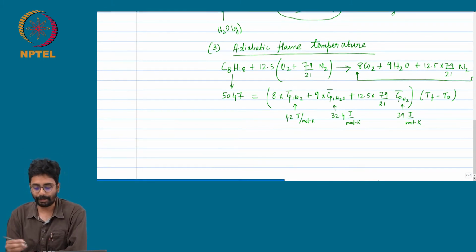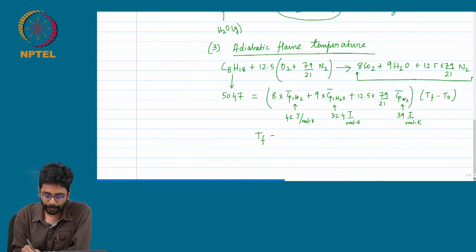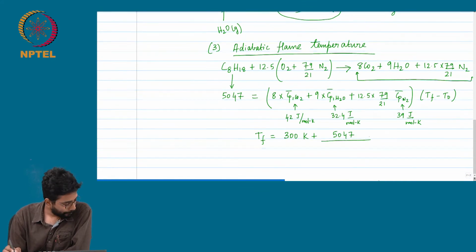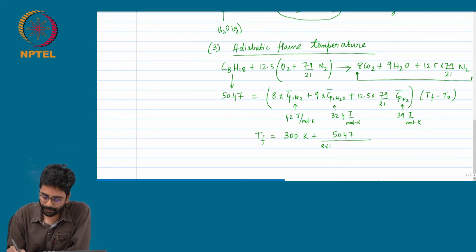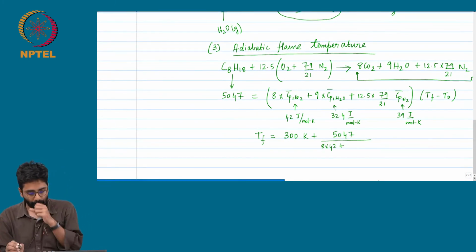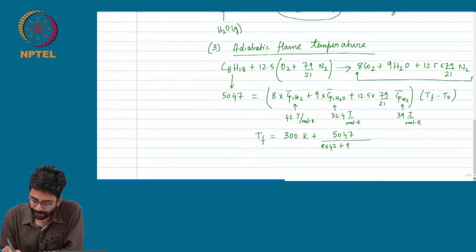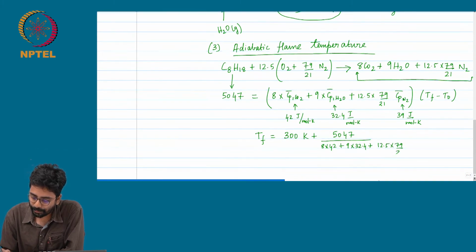So if you plug in these numbers, you can get a value for Tf, which is T0, the initial temperature of 300 kelvins, plus 5047 divided by 8 times 42, plus 9 times 32.4, plus 12.5 times 79 by 21 times 39, we'll get a number of